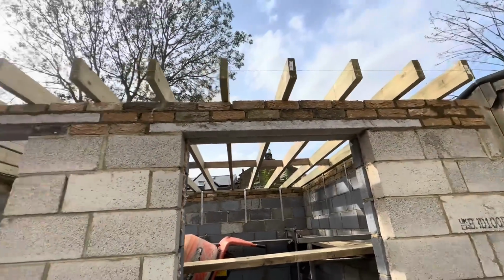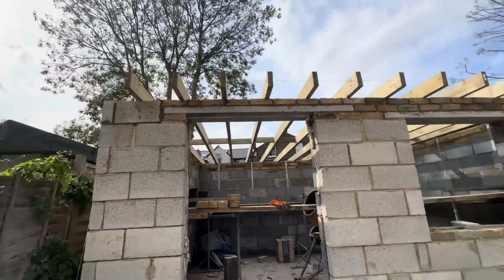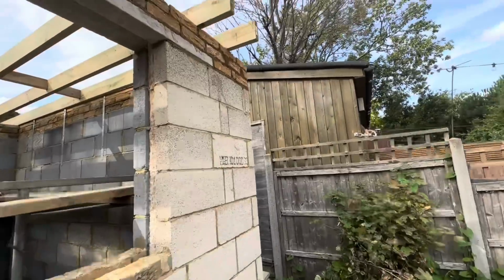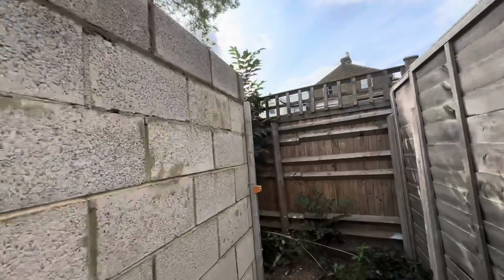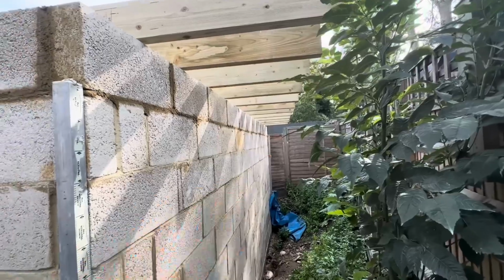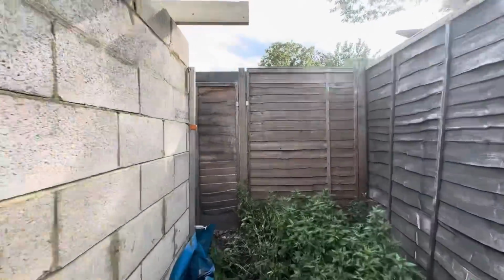Here we go. So basically we did our block work all the way around. I haven't cleaned up around yet, but I'll just show you guys. I've just come off the roof now, finishing this last bit. We had this last course of blocks, and basically we brought it all the way around, all the way down, and all the way round